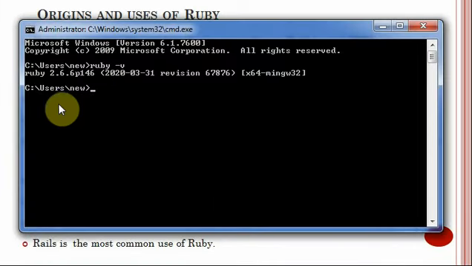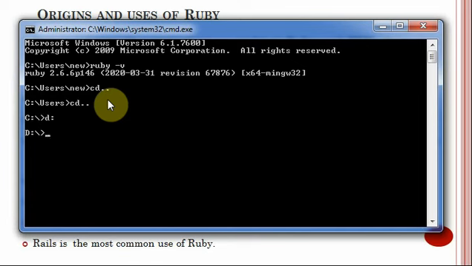I'll show you how we can execute this program. Now we are coming back to the command prompt. You can see here we are in C drive, but my file is stored in D drive. So I have to go back. I can give cd .. and once again cd .. Now I have to go to D drive, so I'm typing D, and now I have to go to the folder named Ruby.